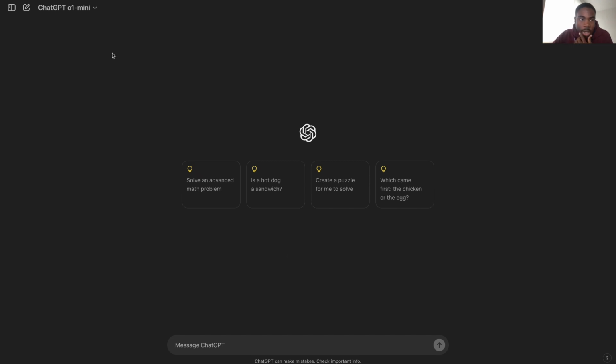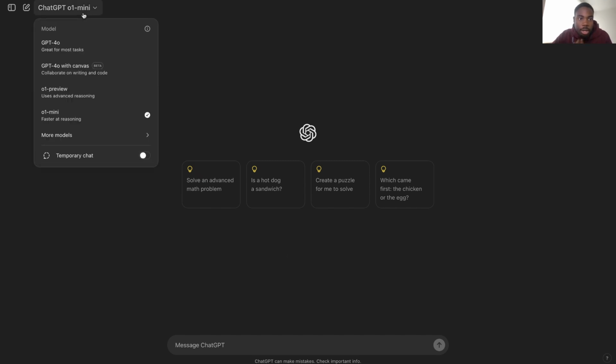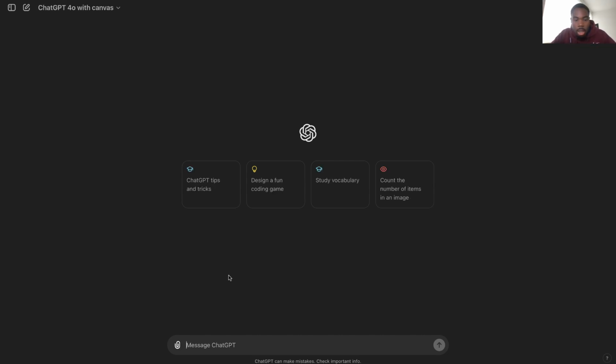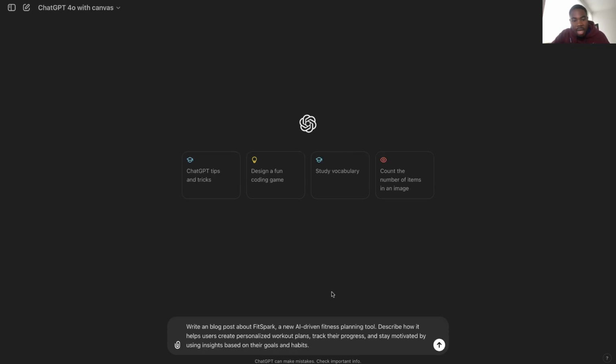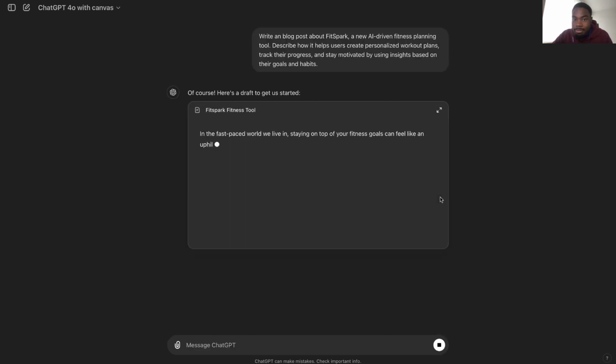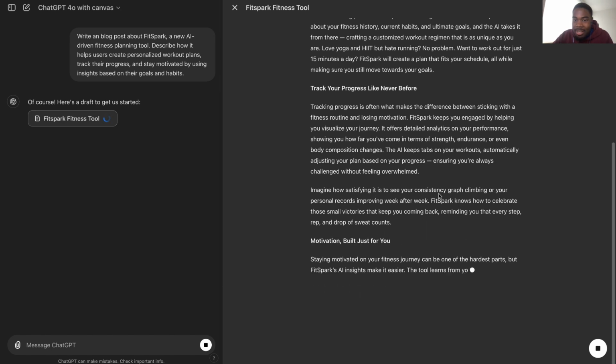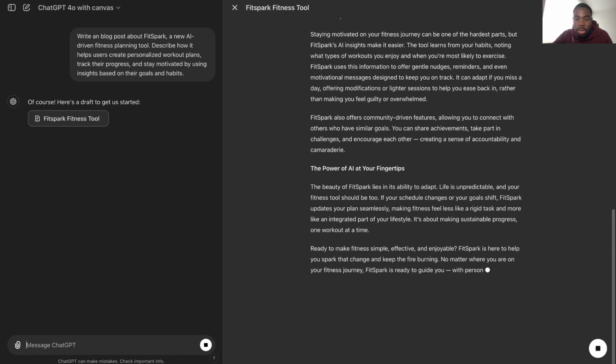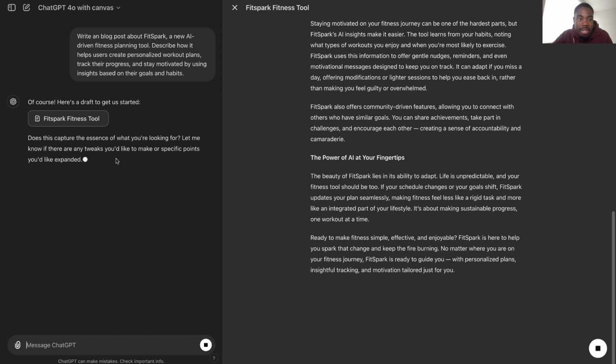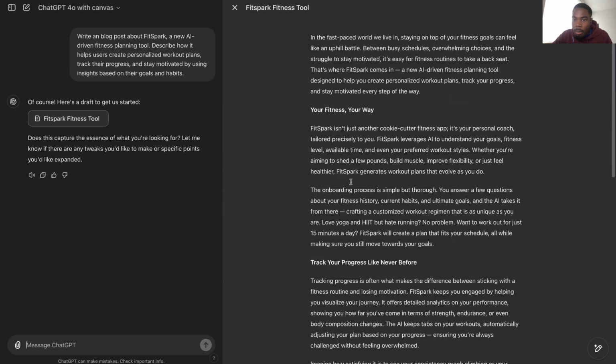So to get started with Canvas, you come over here to where you select your models and select GPT-4o with Canvas. And then I'm just going to prompt it to make a blog post about a fictitious new product. You can see that on the right side, on the canvas, all that content is being generated. And on the left side, I still have my chat with ChatGPT in which I can prompt to make adjustments